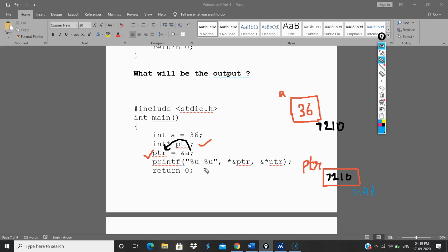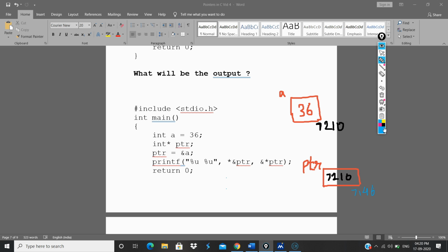And here is a printf statement. Like I told you, whenever we print addresses, we denote it with %u. Logically you can get the feel that since %u is there, the output should be an address. Now the question is whether the output of this and this will be the same or different. We know that whatever two values get printed will be addresses since the type specifier is %u, but the question is whether they will be the same or different. So let's analyze that part.